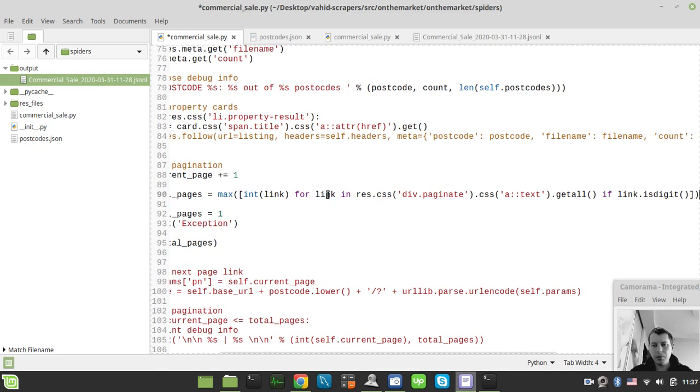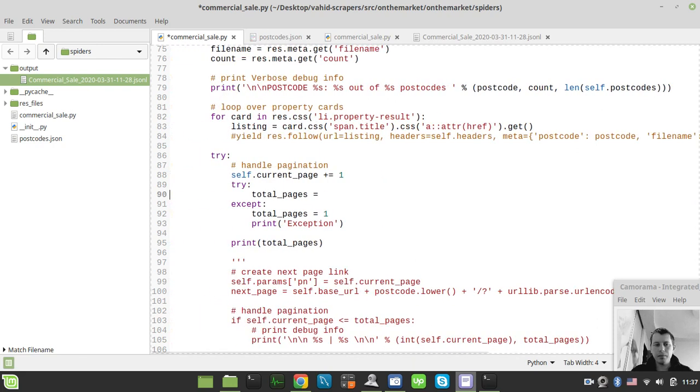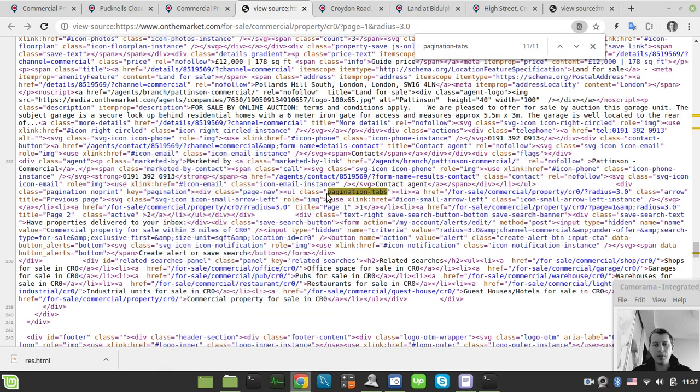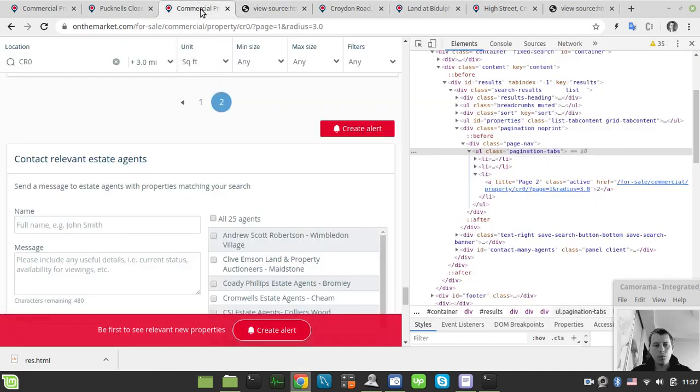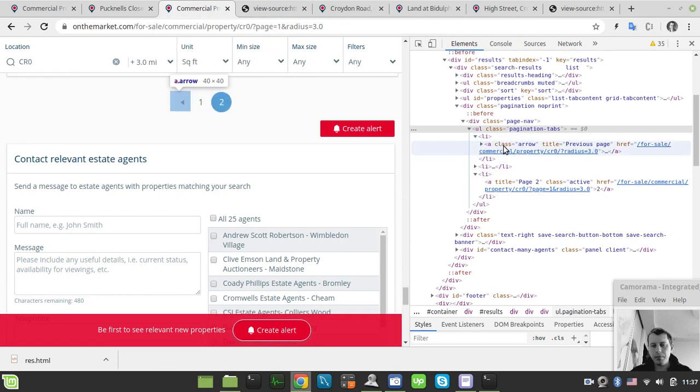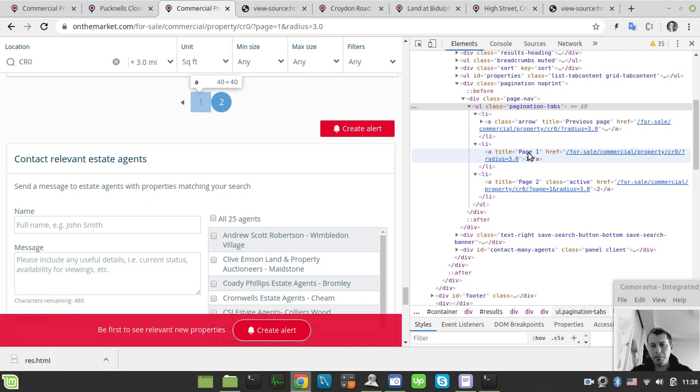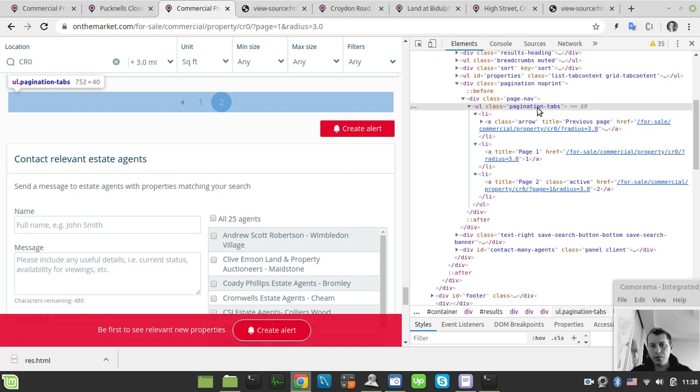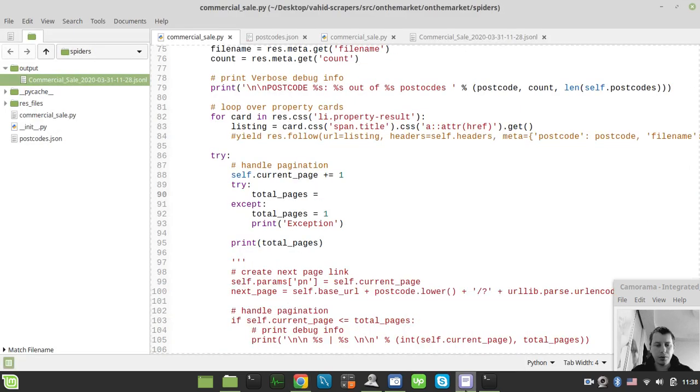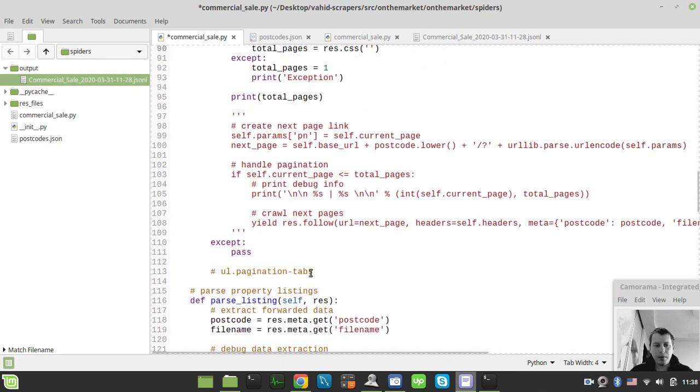Yeah, it would be almost the same, but it's better just to implement this from scratch, this kind of selector. So we need to look for all the list items, class arrow, previous page, page 1, so all the links within this user list class. Okay, let's try this. So I say response dot CSS, and here just the one I've grabbed,